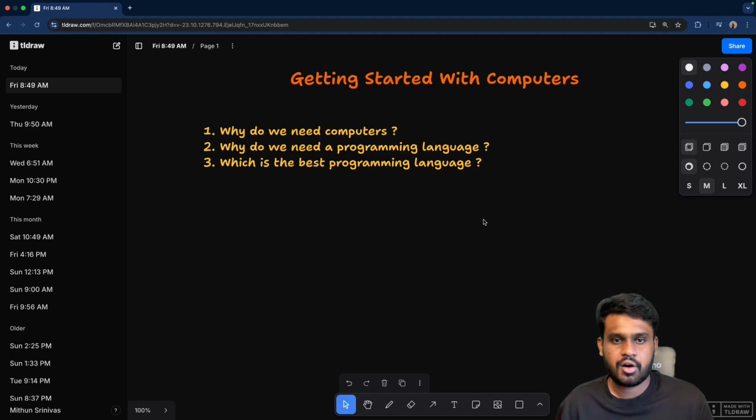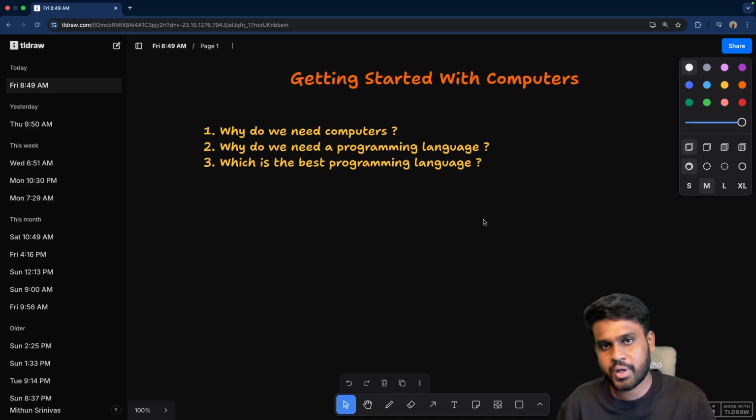So see, at the core, computers are just machines, and the work of machines is to help humans. It's not like humans cannot do the task. It's that humans have some disadvantages which these machines can overcome. Okay, using these machines we can overcome them. So let me give you an example. So take this quick example.